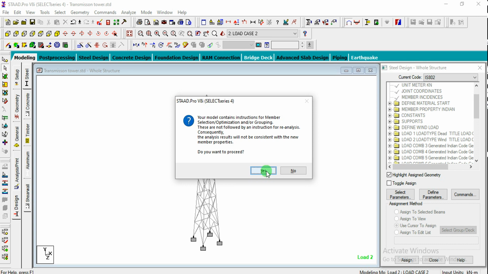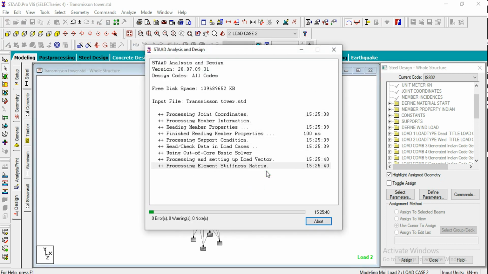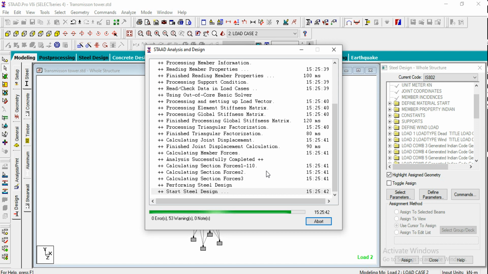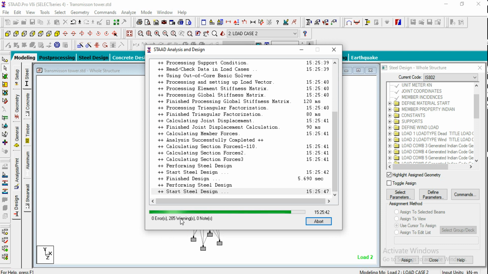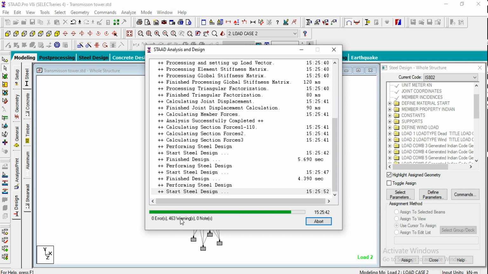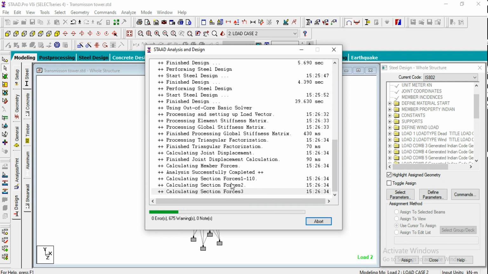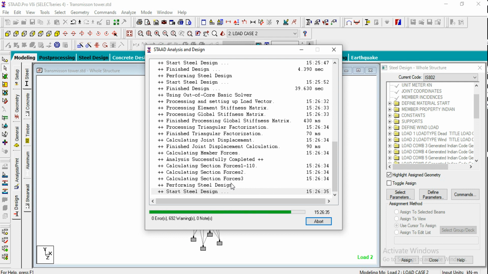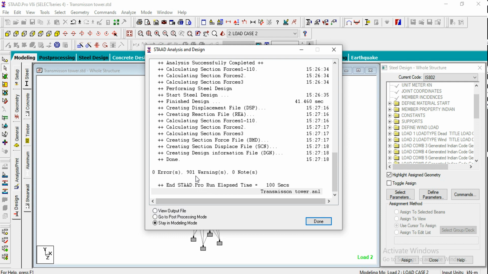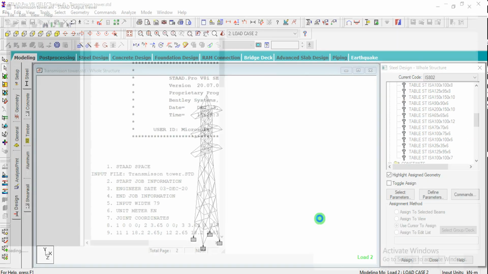So let us check with this. So click on Stay, and it may take some time to reanalyze the structure with optimized sections here. And the warning size might also be increased because it will be taking so many members. So let us wait for the analysis results. So if you observe, the warnings have been increasing because the design is running so many times by taking so many different sections. We got 901 warnings, so just ignore them. Whatever warnings we have seen previously will be repeated again and again due to the section optimization.